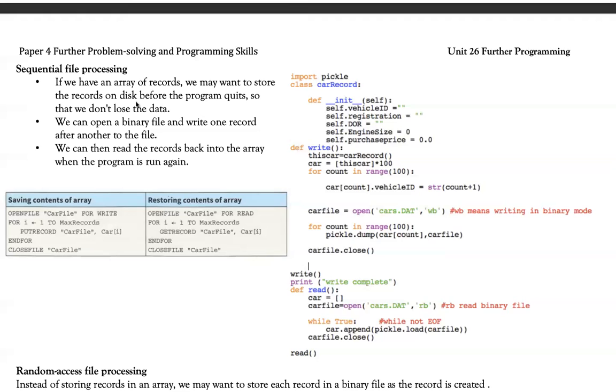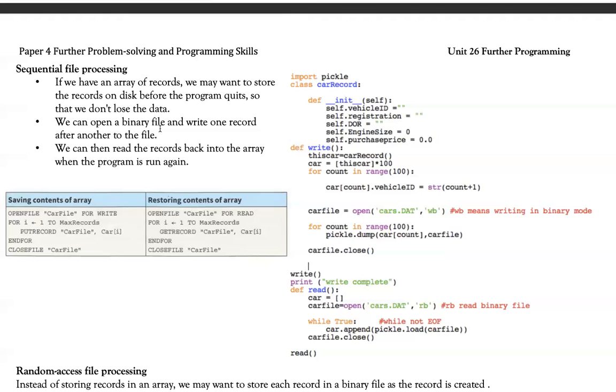How it does that is basically it looks for that binary file in your hard disk. It loads all of the information in its original form into the game and starts executing the game from there onwards. So this is one possible application of where a record can be used. It should make sense that I need the data to be in its original form because it's currently running in a game. So saving that data in a text file is completely out of the question. I will save that data in a record and store it in a binary file so that when I access that data again, it will be in its original form and ready to use right away.